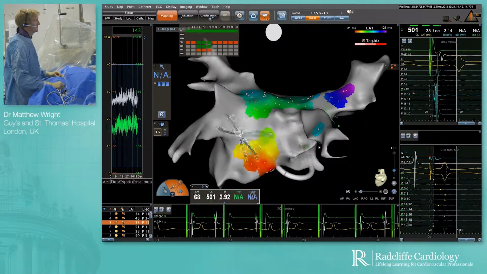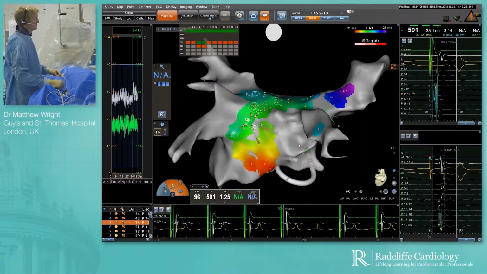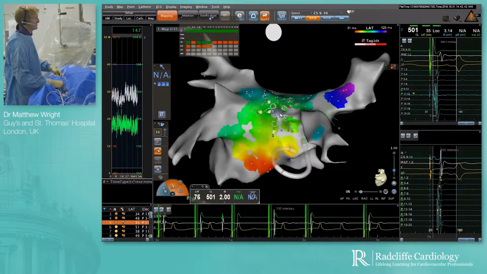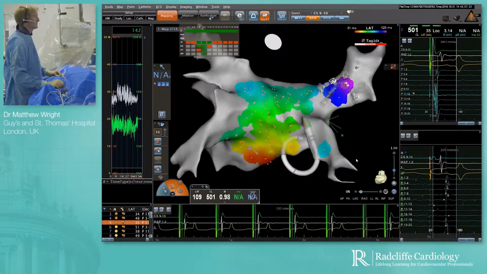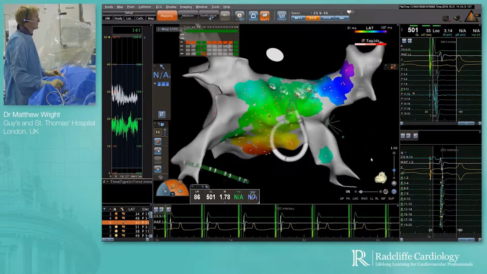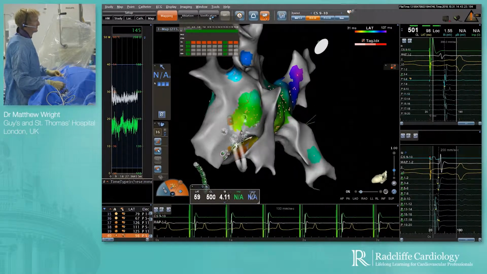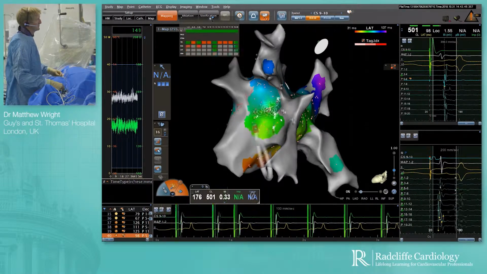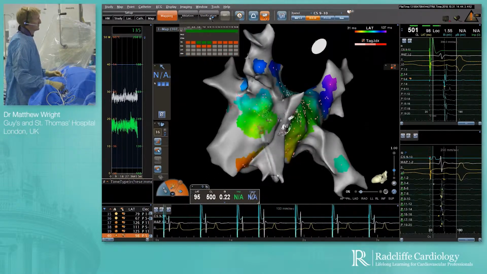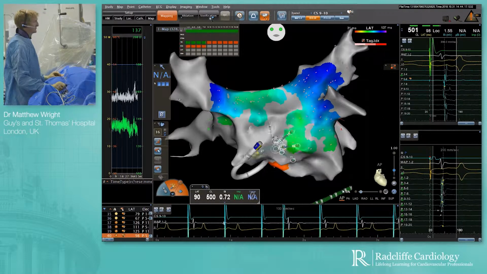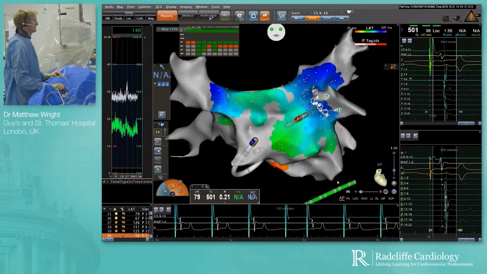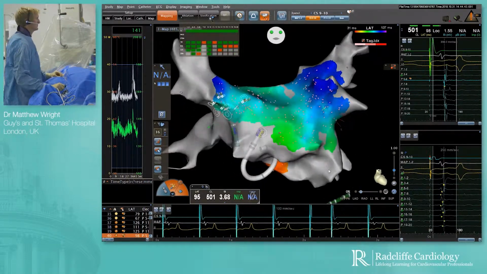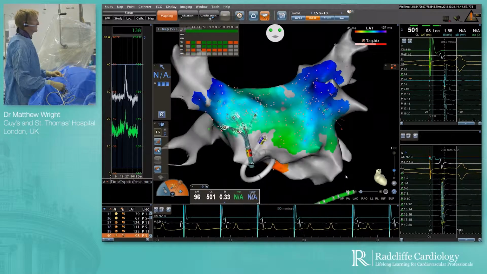Again, I make the map in a standardized way. I always start off at the left veins, and then go to the right veins, and then I fill in between. I move the same way every time, which helps the CARTO operator work hand in glove with myself. Normally within 10 to 12 minutes, we've made a map which is an accurate anatomical description of the chamber that